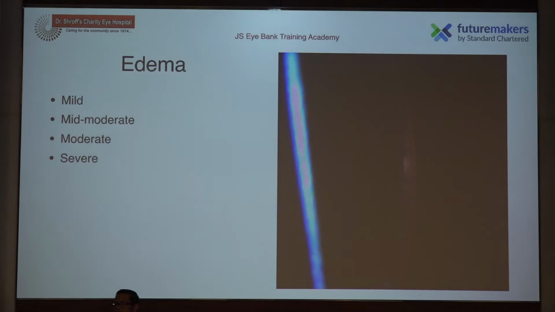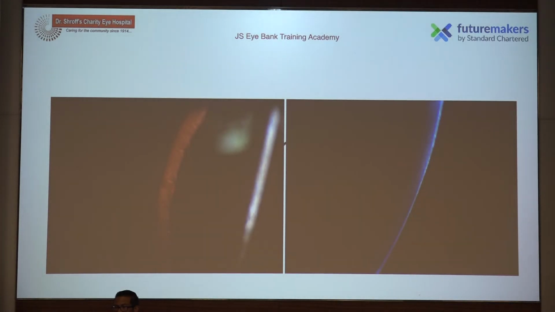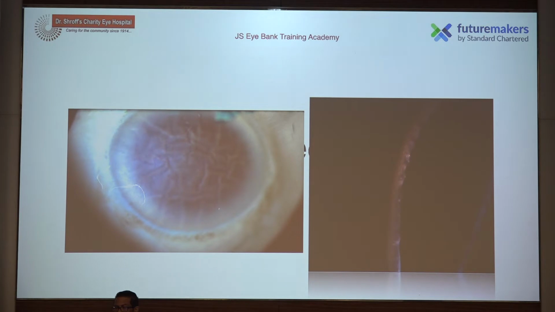So I would just go in for some pictures. It can be a mild edema, it's more pictorial I would say, wherein you see the width of the slit is a little more than what a normal cornea would look like, but I would classify it as a good cornea. Or you can have some moderate edema, even focal moderate edema, where you see one area where there is a DM detachment, a very focal DM detachment, and that area is sometimes more thickened. Sometimes you have such diffuse edema and DM folds.